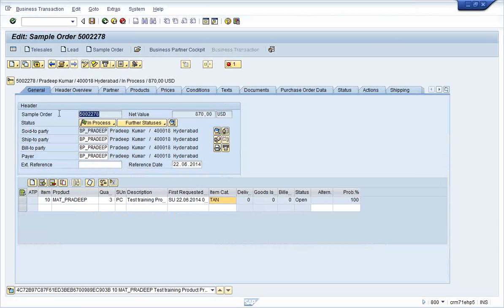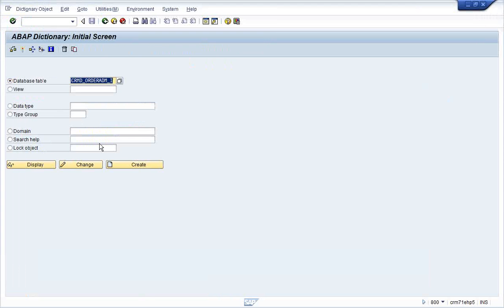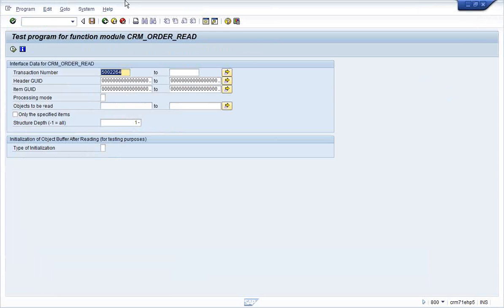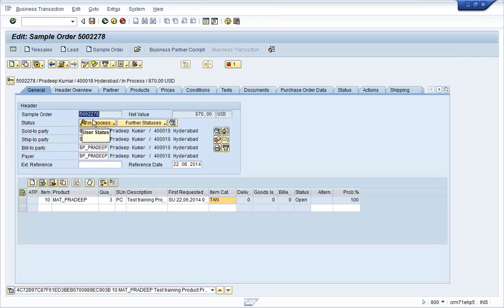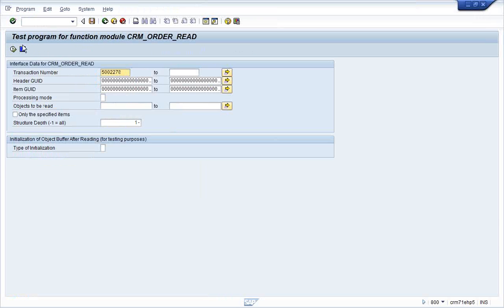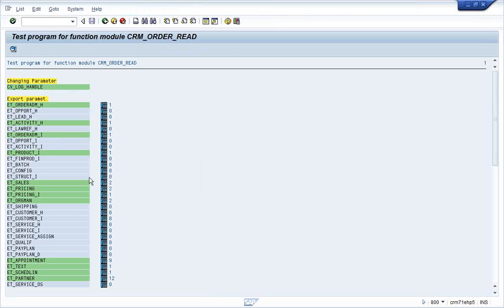Now, if you want to see technically, you will receive this kind of data. Use this transaction for testing the application. Now, how do you see technically what is the information in this document, how do you change the data in the document, and how do you put it back to the database? So this is what we are technically going to do. After creating our own data, I have already used this tool here, test program. Now if I say 2278, which is recently created, execute. Now it will bring the entire data of your 2278.